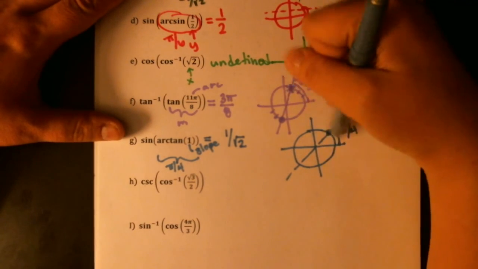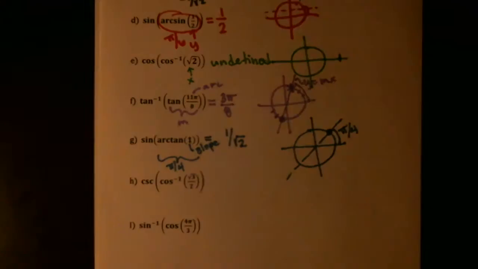So really what's going on here is I'm saying if I'm sitting with an arc length somewhere between negative pi over 2 and pi over 2, so on the right half of the circle,